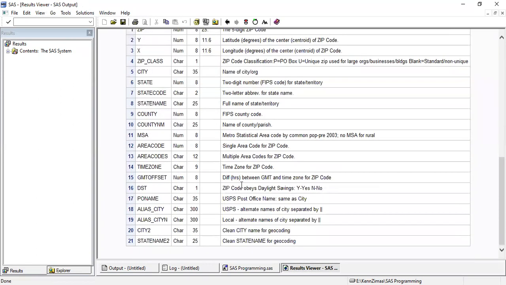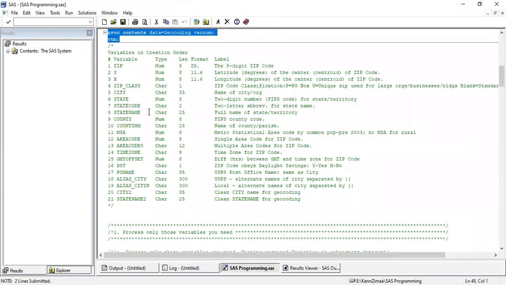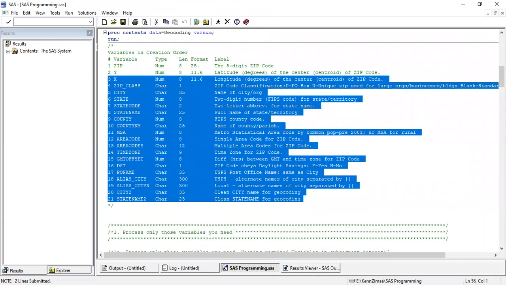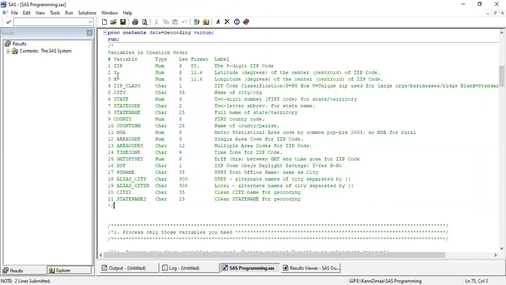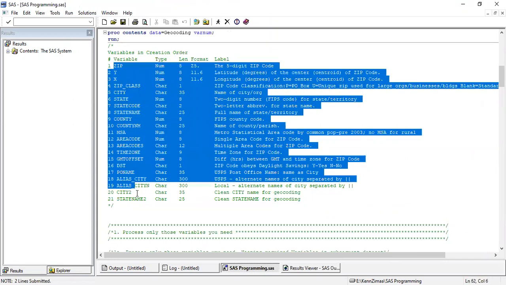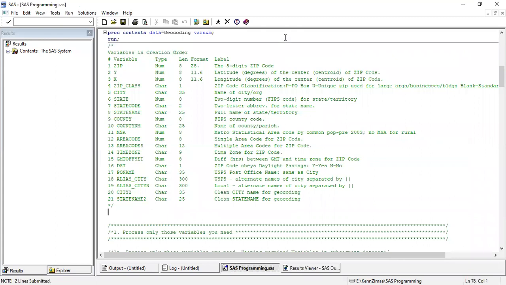All this information is very useful. We usually save this in an Excel separately to understand how my data set looks like. Here, I have written the same information in the SAS program itself. So in my data set, I have 21 variables, and this is the label for them and type.